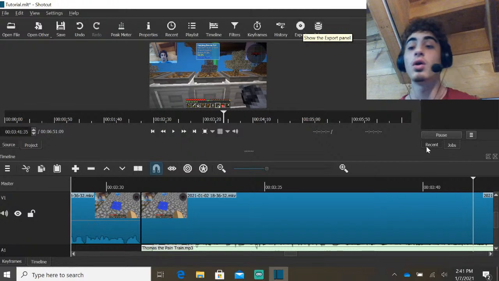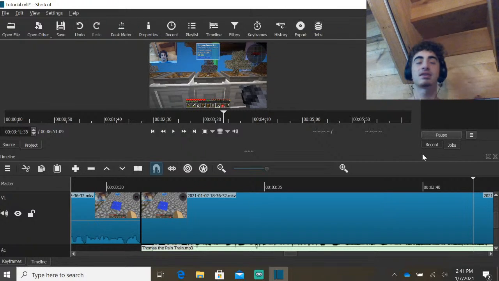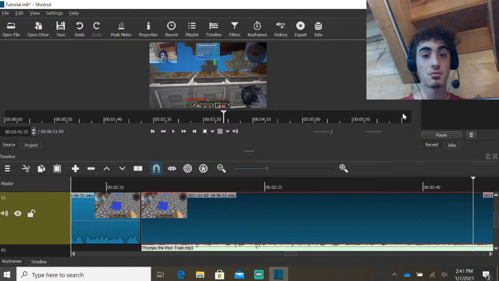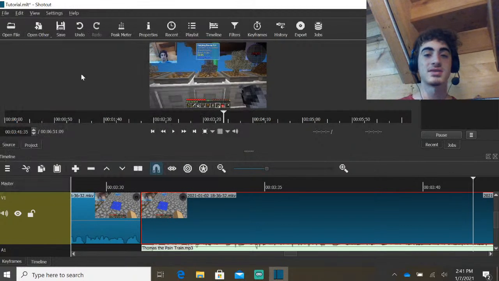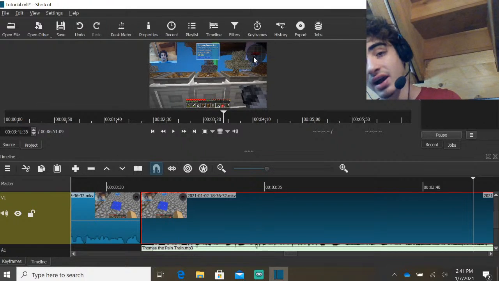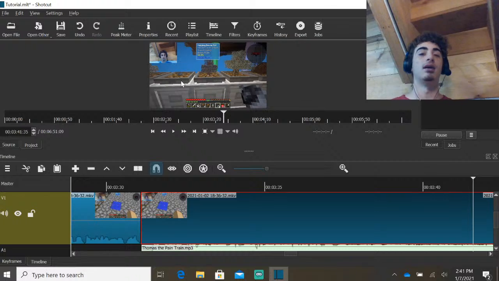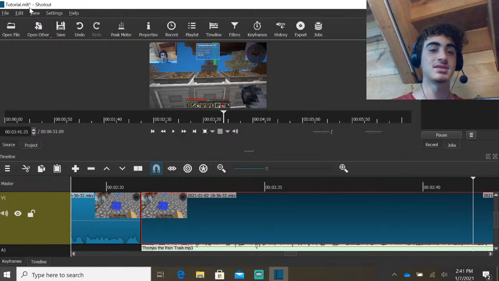is I thought of one more thing. Okay, so let's say I want something over the screen, but I don't want my video to be moving. I don't want my video to keep playing at the same time. Let's say I want it at exactly this moment on the screen. You go into File, Export Frame. You select where you want to export it. You type in the name, and then you pull it up just like you're pulling up a video. You separate the video where you want that to go in, and you drag it down. It's pretty simple. Now, last thing you're going to need, is basically, as you can see, Shotcut saves in MLT